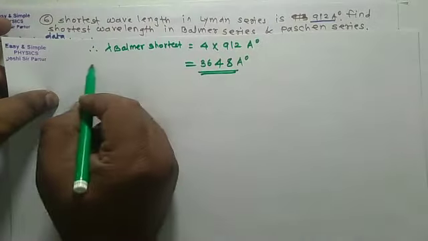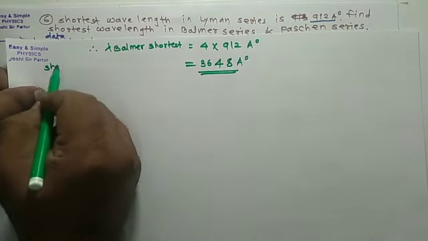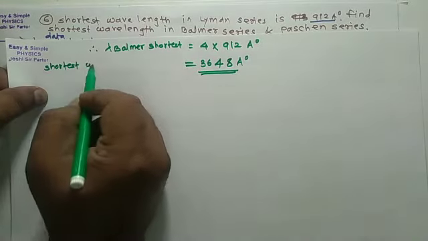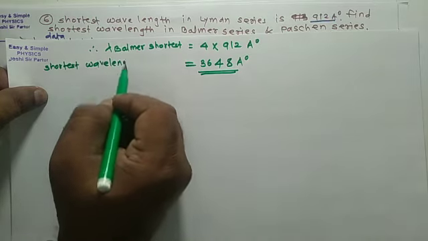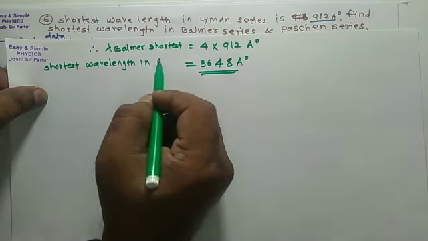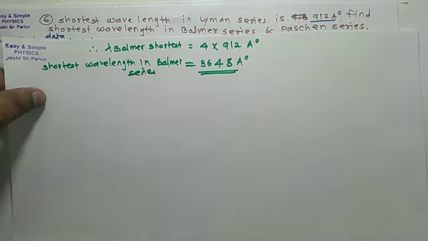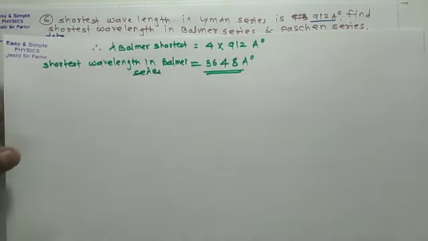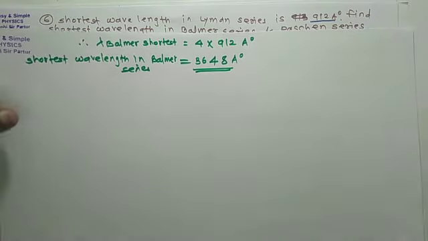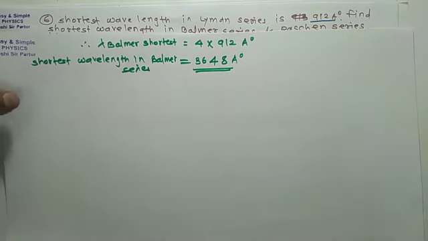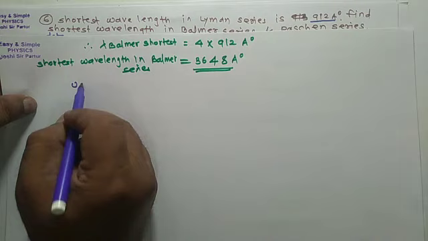So the shortest wavelength in Balmer series will be 3648 angstrom unit. But